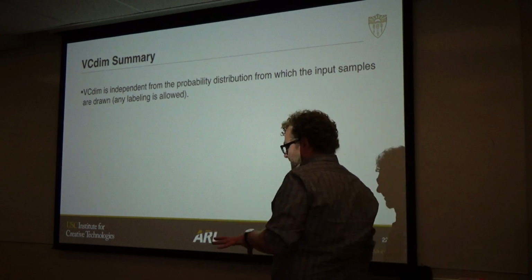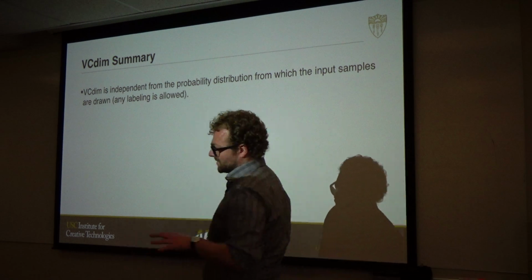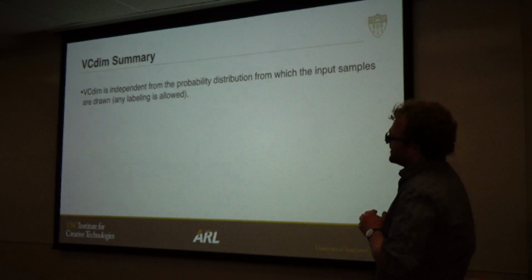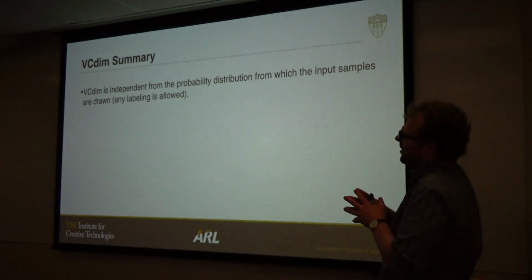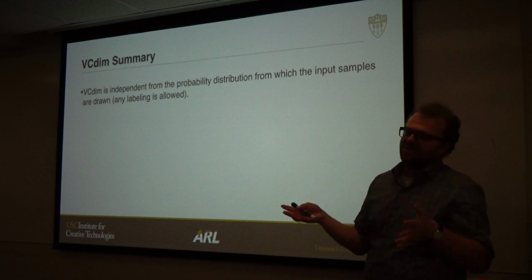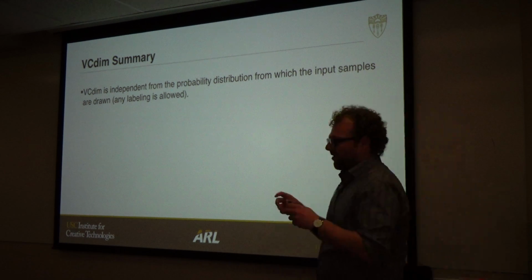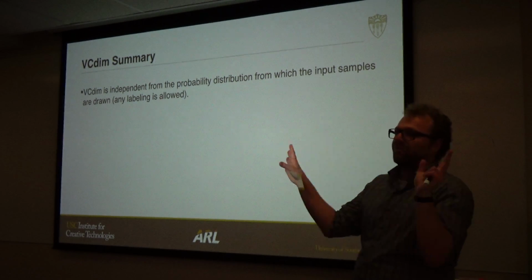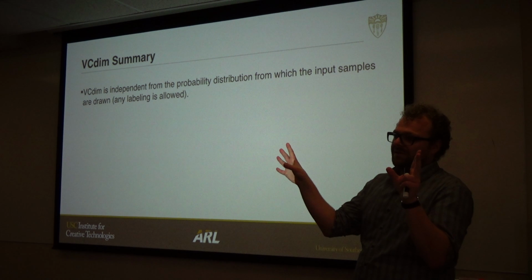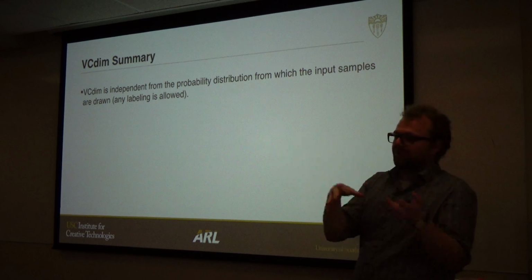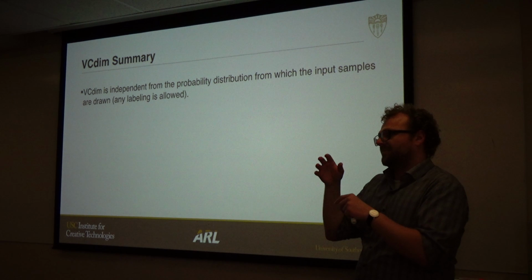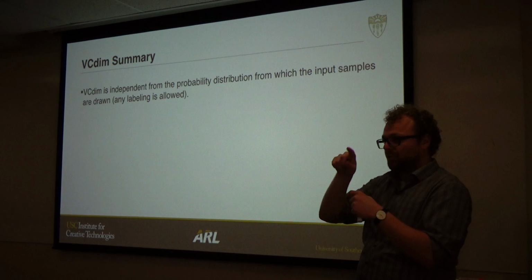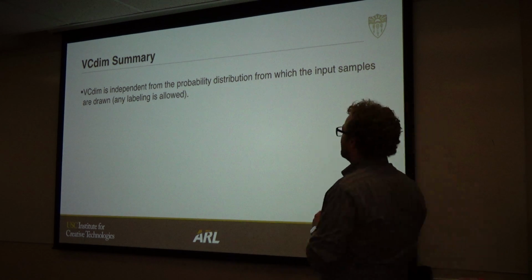A couple of practical considerations that we need to make are, so the VC dimension does not depend on the probability distribution that the data points are chosen from. So you remember these 3 data points, we looked at all possible configurations, right? They could have been all blue, they could have been all red. Like each one of them could have been red or blue, so that's why it's 2 to the power of the number of samples.